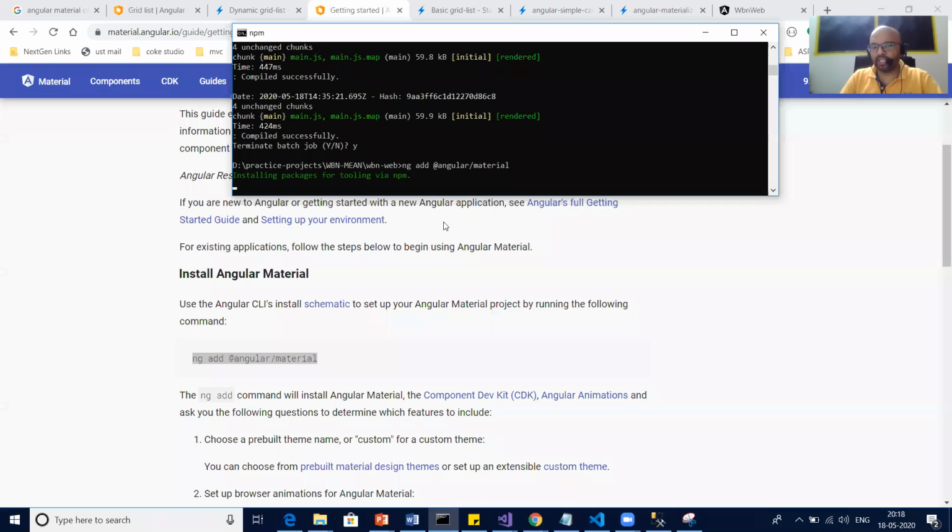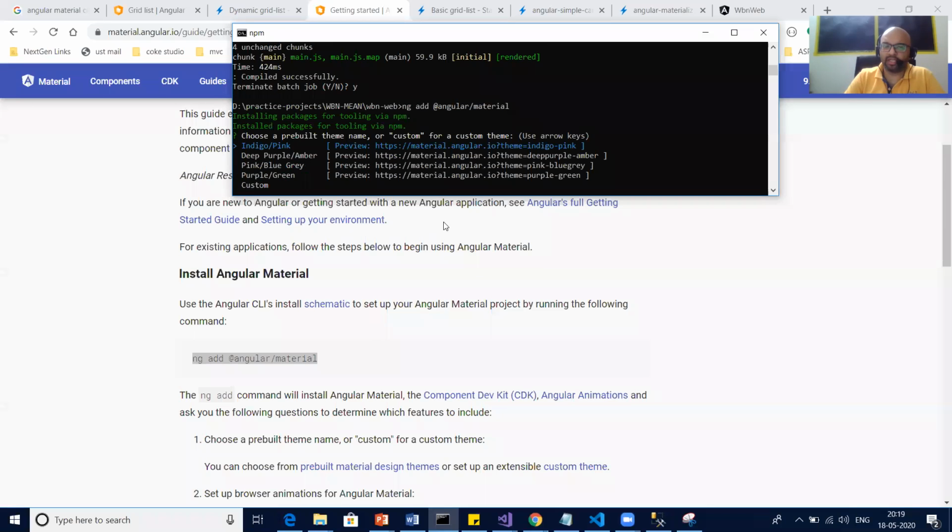So basically, if you see, this ng add is also doing that npm install only. So it is as good as saying npm install @angular/material. So it is installing basically, yeah, it has already installed.